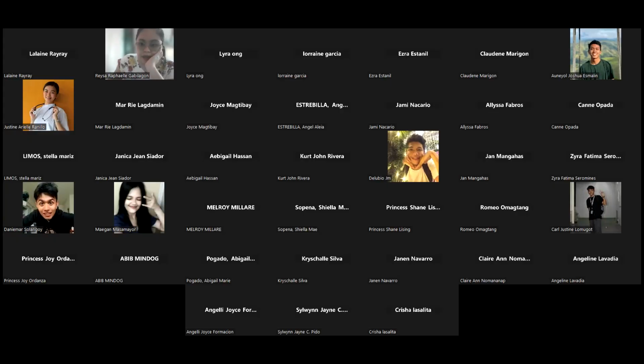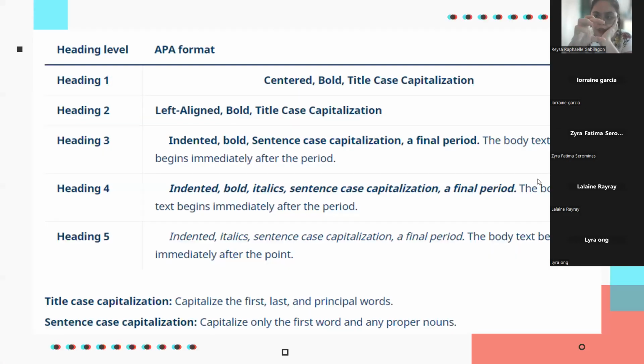Ano ba gagawin kapag ka may level 4 and level 5 ka pa ha? Example, nag-school ka na doon, level 3 na yon, pero sa school hinati-hati mo pa siya into different classifications. That's the time you use the heading 4. Parehas lang naman sila actually, naka-indent, naka-bold. Ang idadagdag lang natin is naka-italics na siya. Okay? Hindi lang siya talagang naka-bold lang. Naka-italics pa. Now, yung school na dinivide mo, may division ka pa after, may classification ka pa after. That's the time you use the heading level 5.